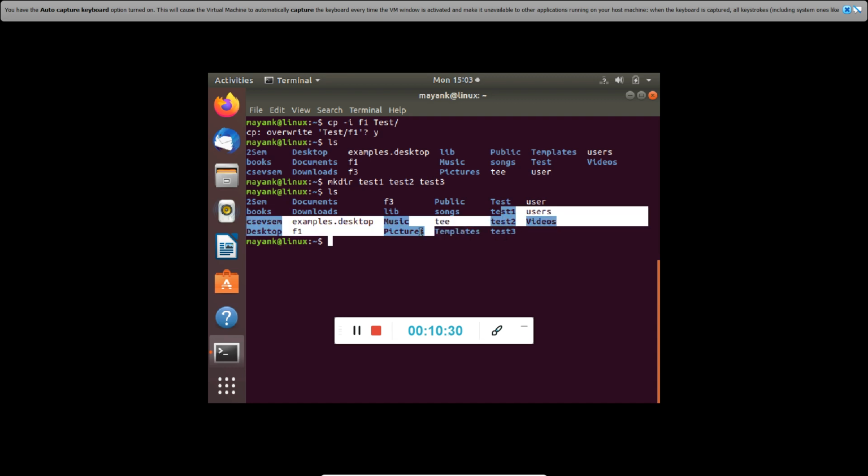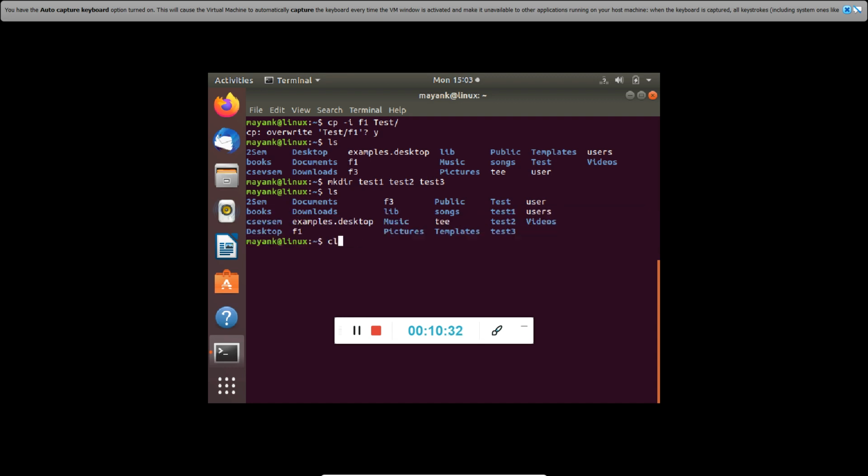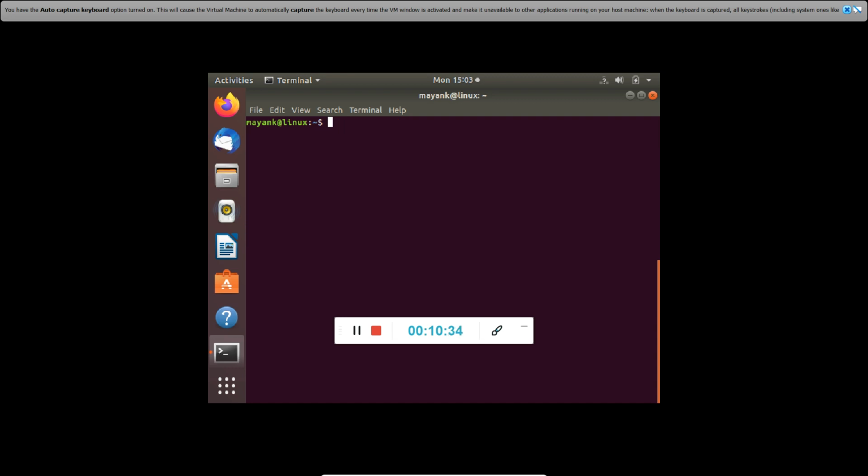Now let's clear the screen and copy. I say that we are copying test1 into the bigger directory, that was the test directory. Bigger directory means we are considering it as a parent directory.